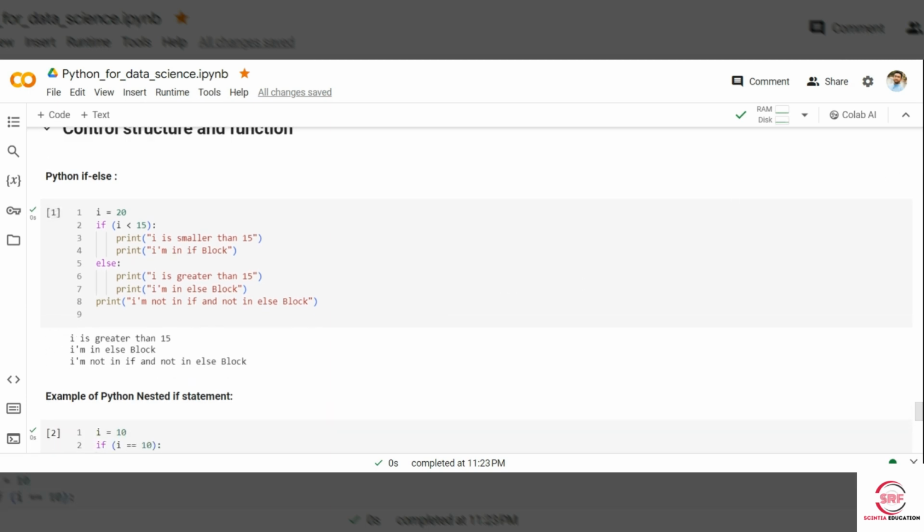So in the first example, we are introducing the variable I, which is set to the value 20, and then the if statement checks if I is less than 15. Since I is greater than 15, the condition evaluates to false and the program proceeds to the else block. And in the if block,